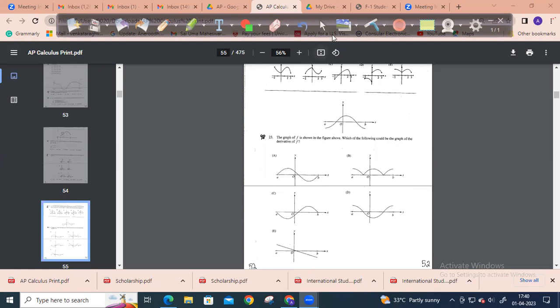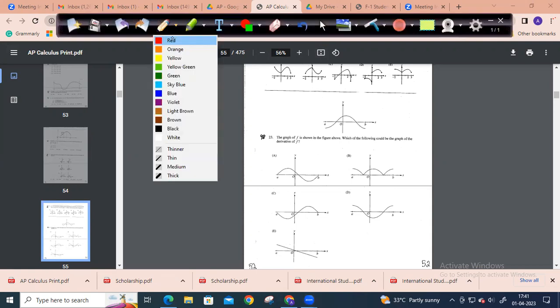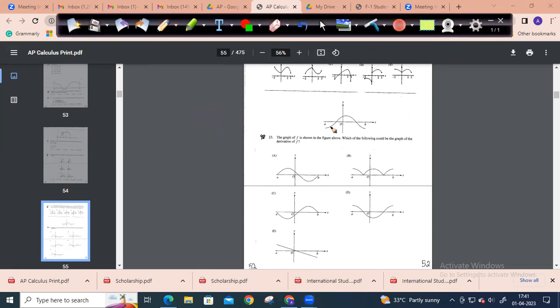Very good. 8 students gave me an answer. When I look into this question, the graph of f is shown, which of the following could be the graph of the derivative f dash? So if you see, the graph is increasing till this point and decreasing from here, and the derivative should be 0 at this point. When you look into the graph,